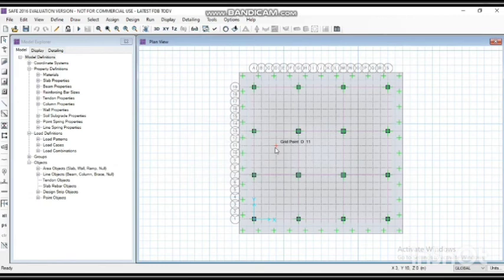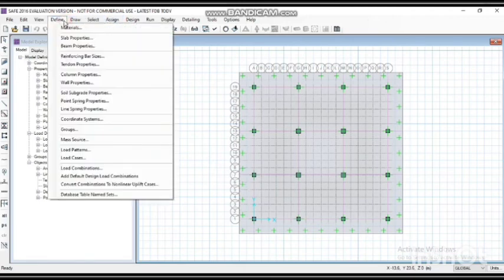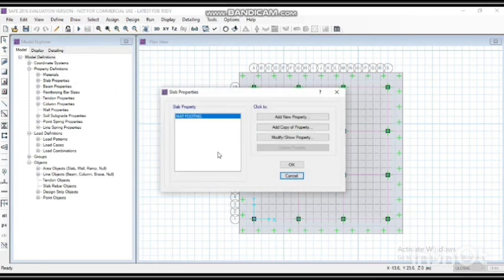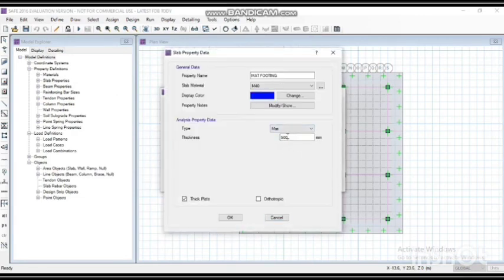and change the thickness of our footing. For changing the thickness, go to the define menu, slab properties, select mat footing and click on modify properties and make the thickness as 900 mm.